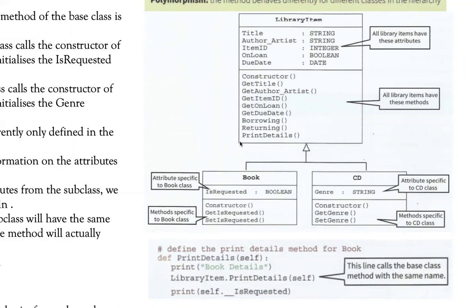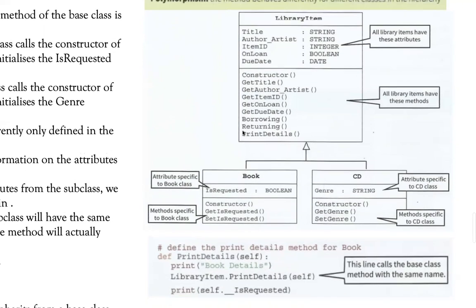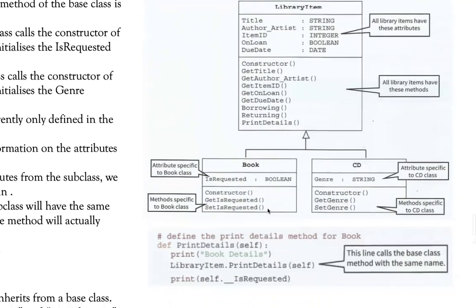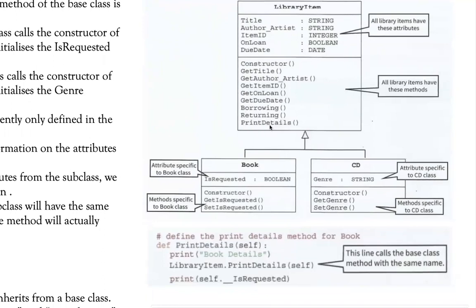Now, as you can see here, there is a method in my superclass known as print details. So naturally, this print details will be available to me for my book class as well as my CD class. If an object of either one of these classes is created, they can very easily use this method when they want, because it's an inherited common feature. However, if I want, I could create a print details separate for my book class, specifically just for my book class. And that print details will also hold the same name as the superclass print details, and it will behave, however,